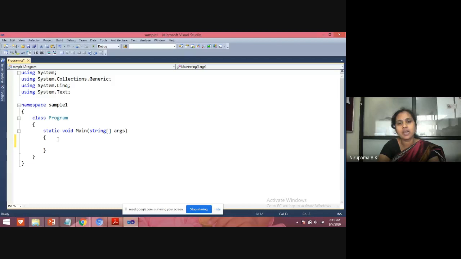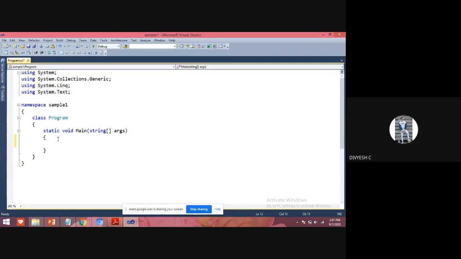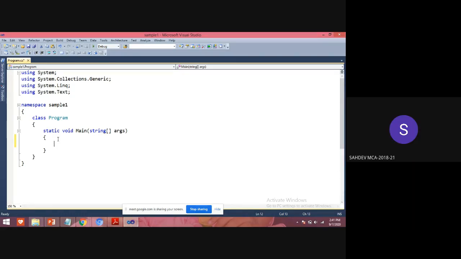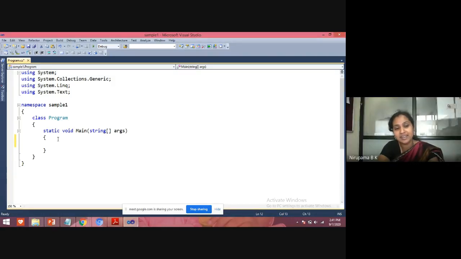In C program, to print a statement, what do we write? Printf. Correct? In Java, to print any statement, what do we write? System.out.println. Correct.